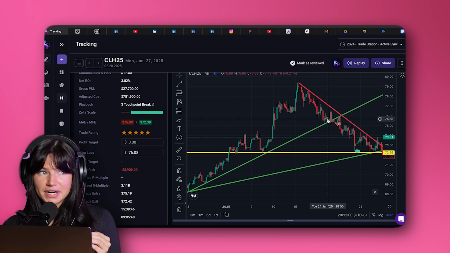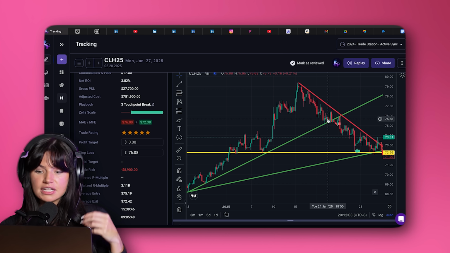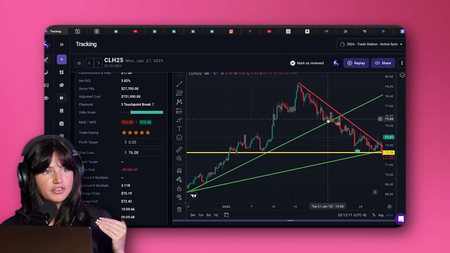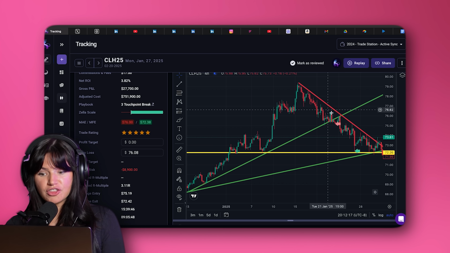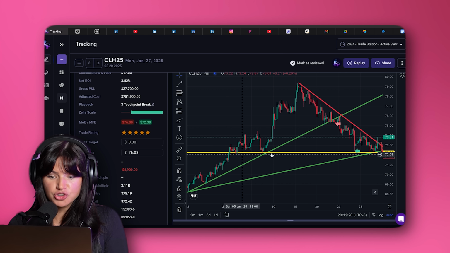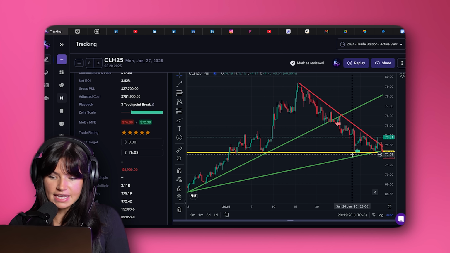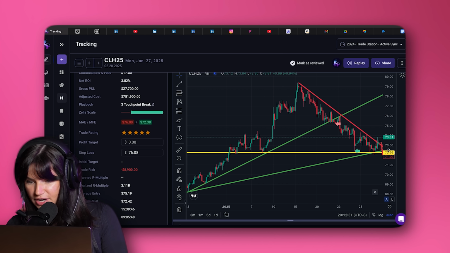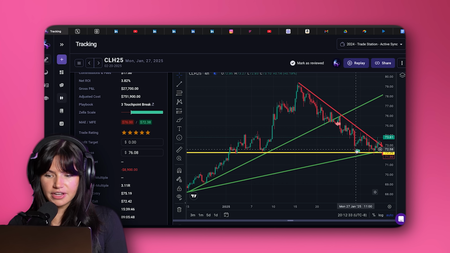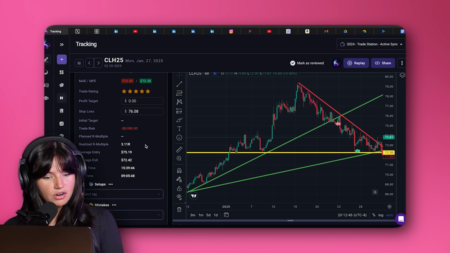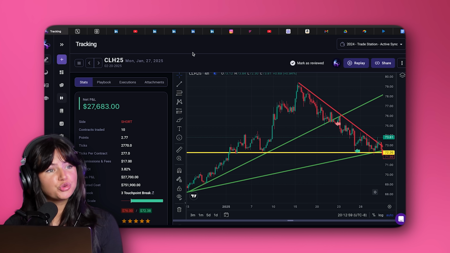So remember that scenario where I said, if you're looking to close profits, to take those small wins, or you're not looking to hold that trade for as long as possible, you want to look for an area of support or resistance as a take profit. So we have our entry based on the break of a downward trend line. And then the price got to an area of support where it's very likely that the price of crude oil here was to hit and turn around. It hit and turned around here. So I closed my trade here at this 72.26-ish area and made a profit of $27,683. I had a 3.11 R here,